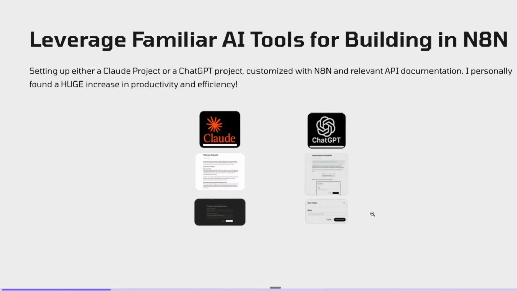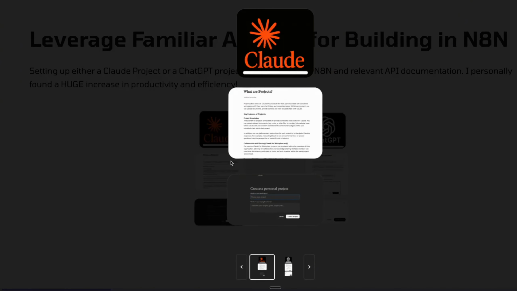Today I'm going to be sharing something that gave me personally a huge boost in efficiency and productivity when building AI agents and workflows. This is something I truly never go without when starting a new project within N8N, so if you're not already using it, this will give you an insane boost in your capabilities and troubleshooting when building anything within N8N. I'm referring directly to projects set up within Claude and ChatGPT, and these snippets are directly from